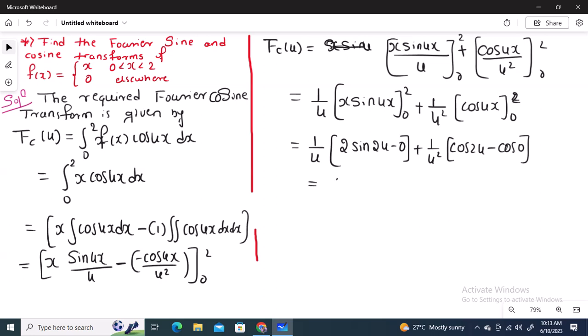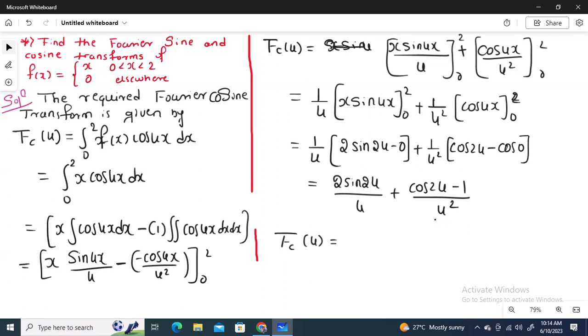So if we simplify this further, it is 2 sine 2u by u plus cos 2u minus 1 by u square, because here cos 0 is 1, cos 2u as it is. So if we take u square as LCM, the final answer, the final Fourier cosine transform is